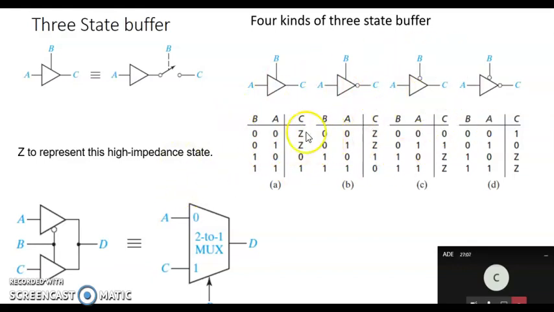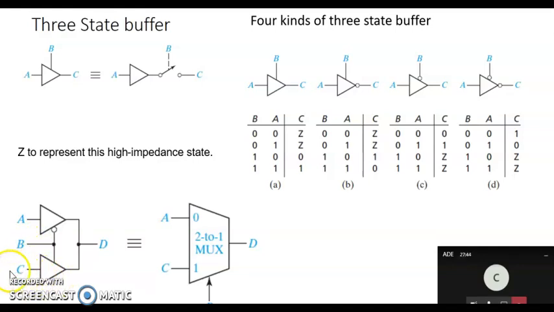now we'll attach 2 three-state buffers together. I have one enable bit, that is B. A and C are my inputs. I'll be enabling one at a time. When it is active low, enabling A. When it is active high, enabling C. That's what we are trying to do here. Whenever I provide this P0, this has been activated, so whatever my A is, I'll be getting across D. Whenever my B is 1, this has been activated.